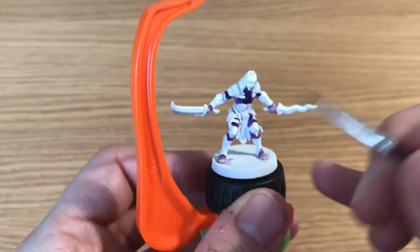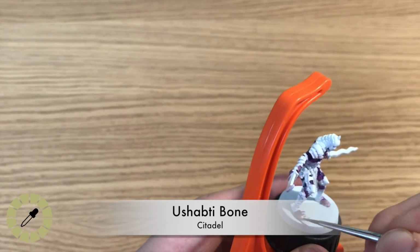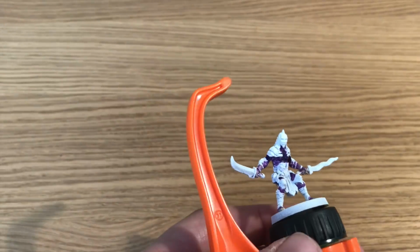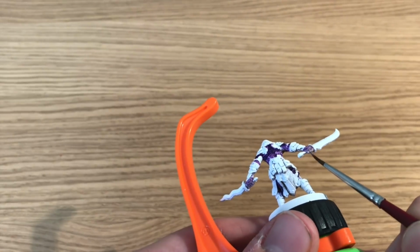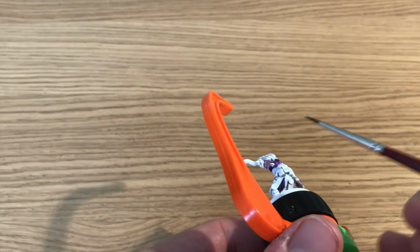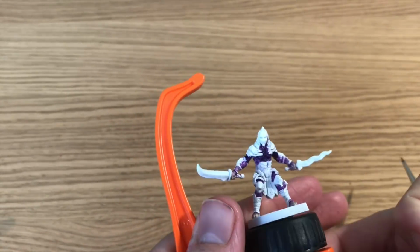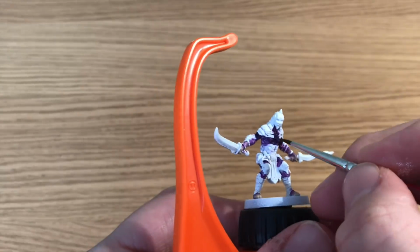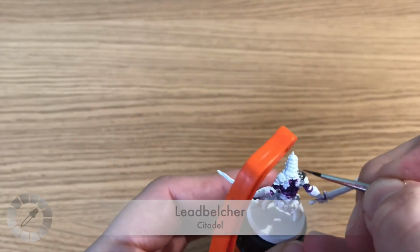It's just really keep these paints nice and thin, nice and wet, try and blend them well. It's almost like wet blending, but we're not using any sort of retardant or any lubrication to actually wet blend, but they're all nice and wet and thin, so some blending is going to take place. And then finally just doing the very edges, sort of his fingertips and his toe tips. Toe tips, is that a thing? It is now. Just in Ushabti Bone, so he's going from very dark purple all the way through the purples